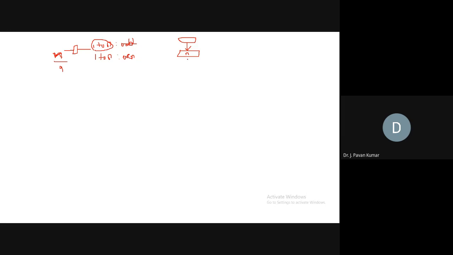Of course, a number is the input, so n is the input. Then what you have to do? You have to check whether it is even or odd. How can we check whether the number is even? n mod 2 equals 0. We will perform n by 2, but we have to consider the remainder. That's why we will use the mod operator.